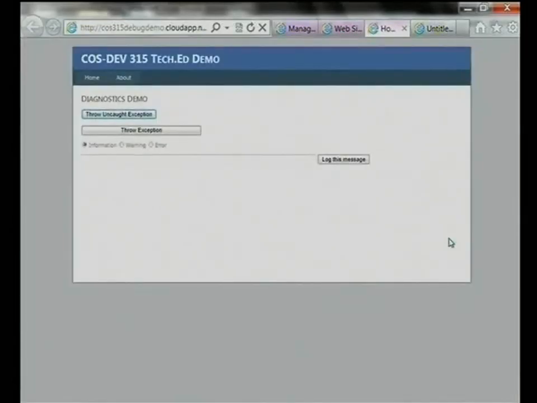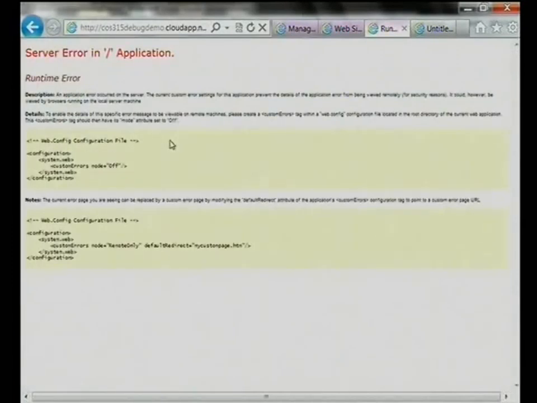It's got a couple of buttons in there to throw an exception, and it's got a little text box where you can type in debug messages and so on. So you've deployed this application across to the cloud, right? And throw an exception. This is being caught, no problem. If I click on this throw uncaught exception, I'm basically not catching it in my code, and it's going to